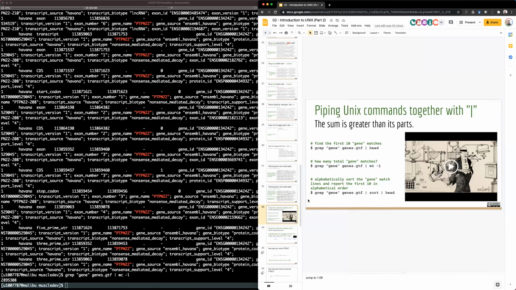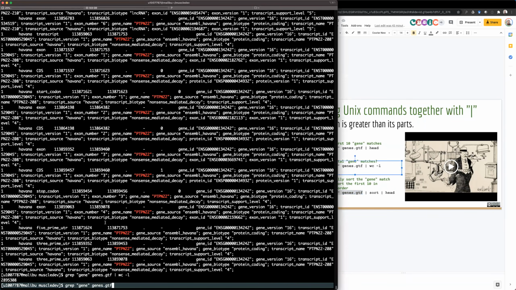So now what we can do is get even fancier. We can take all the gene lines. Let's make it the ones with the pattern gene as a word in that second column. We can sort the results, and then we can take the first few lines. Now, sort in this case is going to sort all the 2.895 million lines that have the word gene in it, and it's going to sort them first by